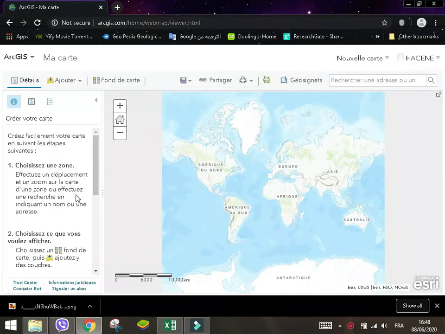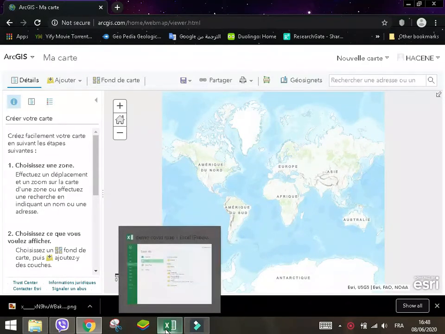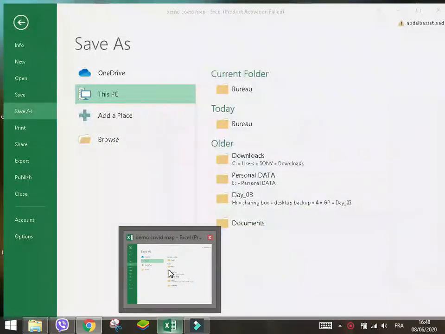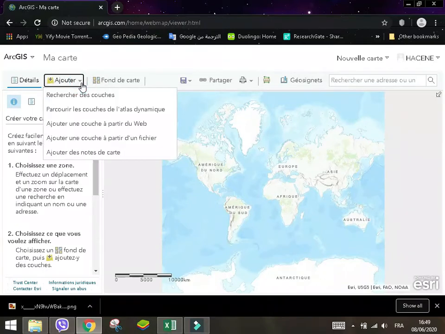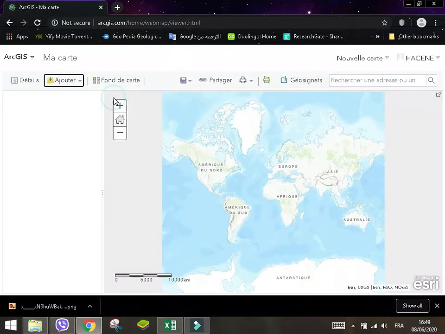I'll show you another thing in this web application, which is online layers. There are pre-existing layers we can add to this map, so we don't have to rely on a database like we used before. We just look for pre-existing layers, as I'll show you here. First, we'll click here, add, and new layers. Search for new layers like here,